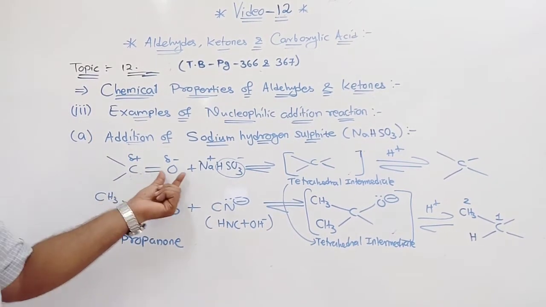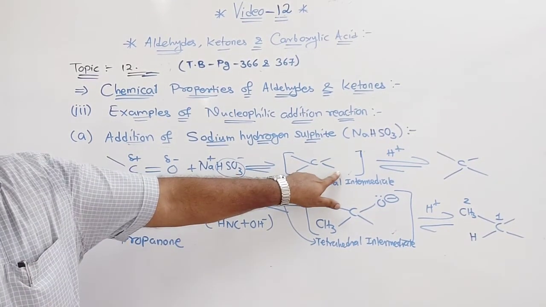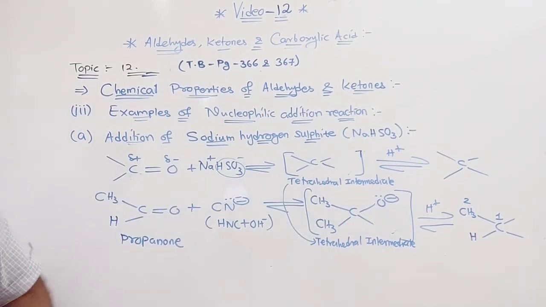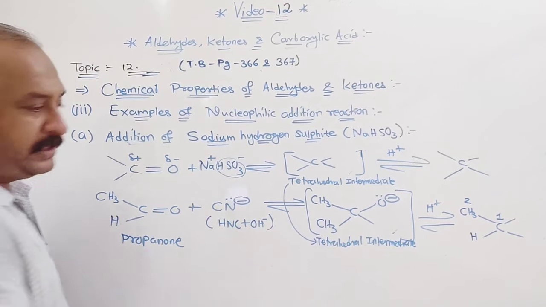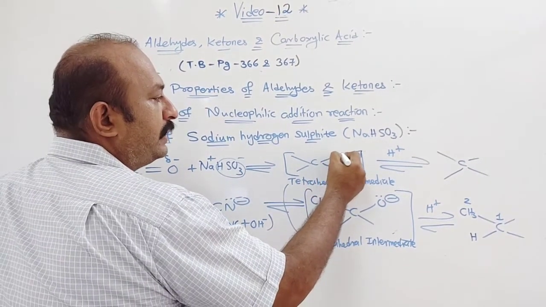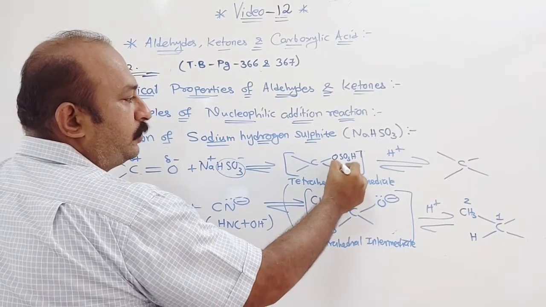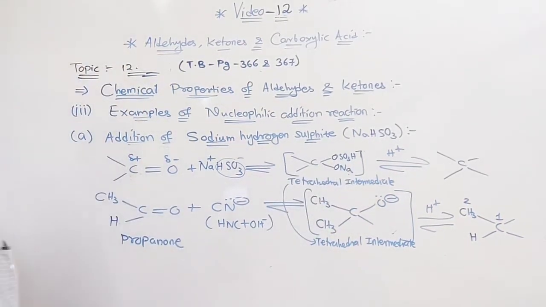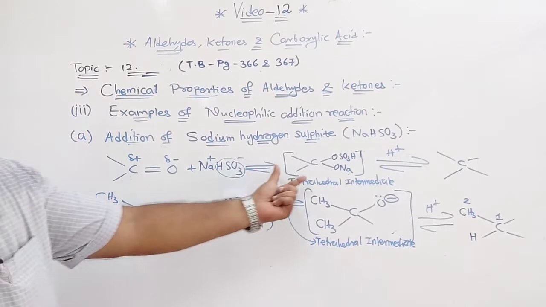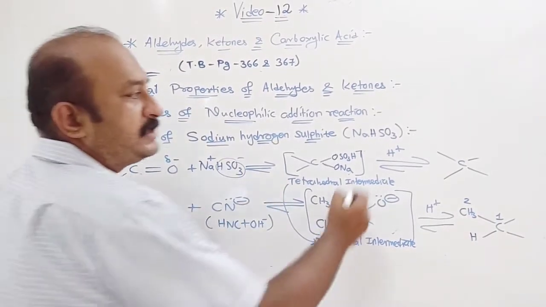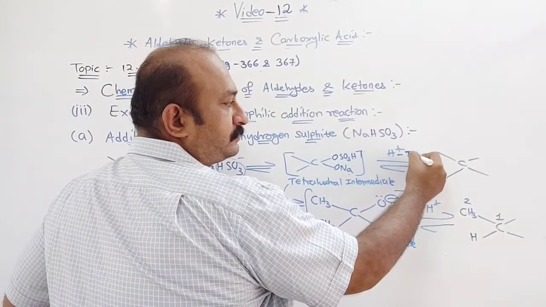So this whole part will get attached at this position, right? And it will give a tetrahedral intermediate. Now when we talk about this intermediate, you can see here OSO3H you will get here, and here you will get ONa, like this. Understood? So this is the intermediate that we are going to get in this case, which on H plus transfer